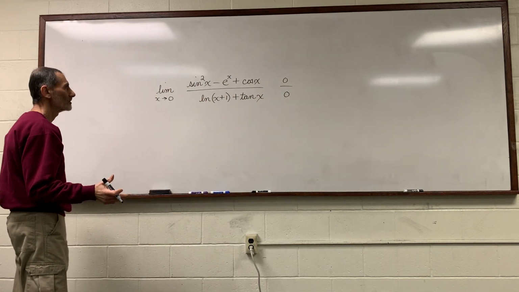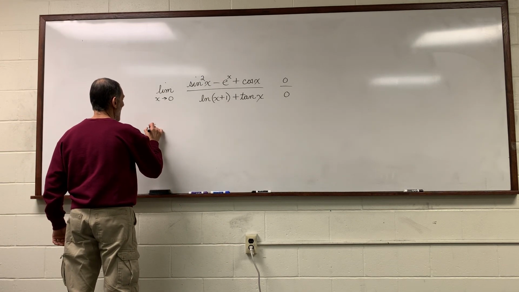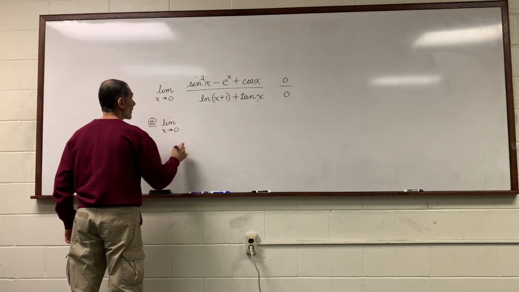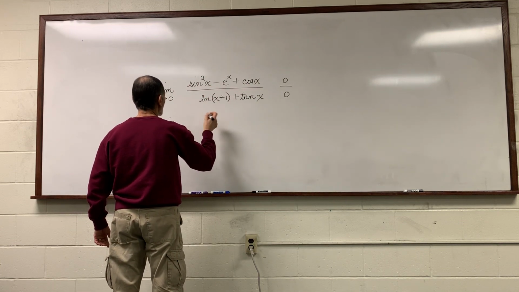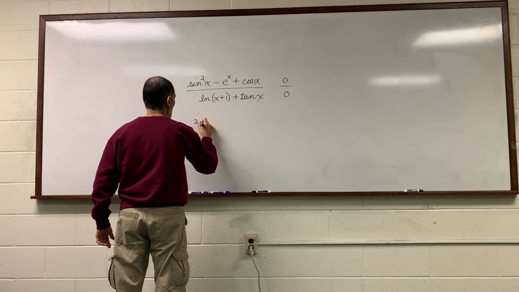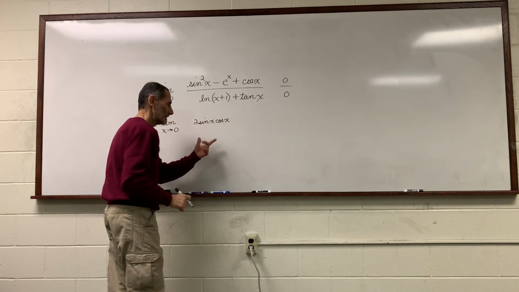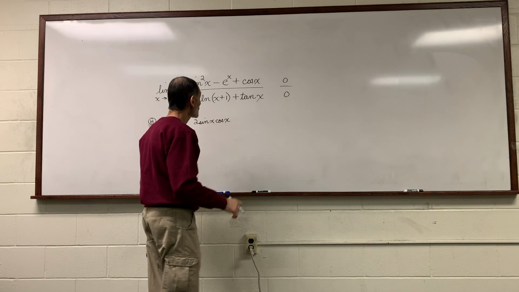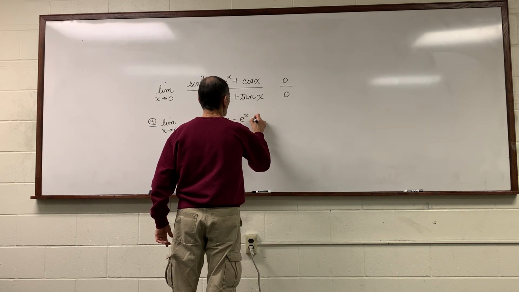There's nothing to factor and cancel. There's nothing else that we can do. There's nothing we can do algebraically here. But L'Hopital's rule solves the problem for us. Because this yields the limit as x approaches 0 of the derivative up there. We'll practice our chain rule. 2 sine x cosine x. I hope you recognize that that's the sine of 2x, trigonometric identities, minus e to the x minus sine x,